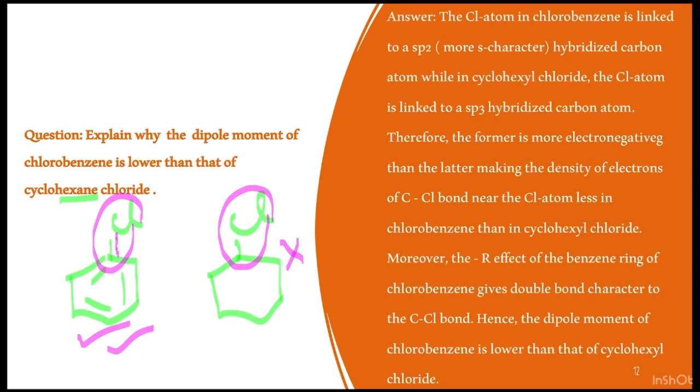How will you express your answer? This is a long answer as given in NCERT. But you should know, according to the marks allotted, exactly how much is to be written. If they are just asking this for 1 mark, you can talk about this bond length, and hence the dipole moment is lesser in the case of chlorobenzene. If it is for more marks, or if you know how to write more in fewer words, then go for the reason like